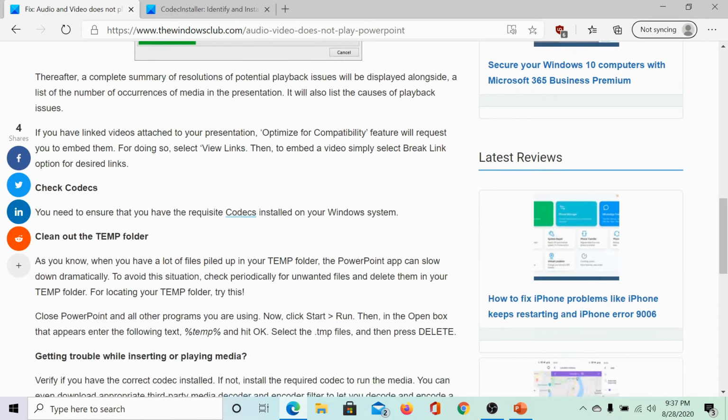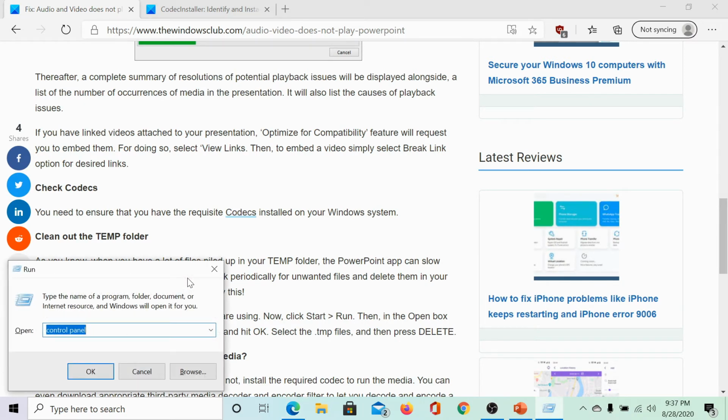The last option would be to clean the temp folder. Let me show you how this is done. Press Windows plus R to open the run window. Then type %temp%